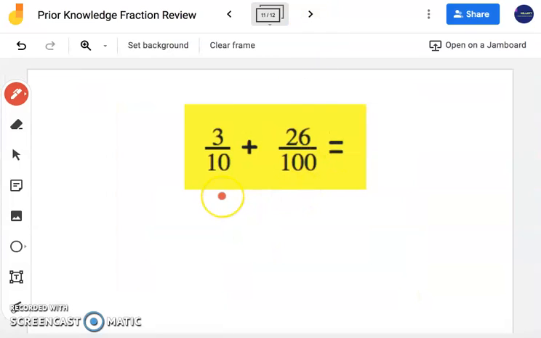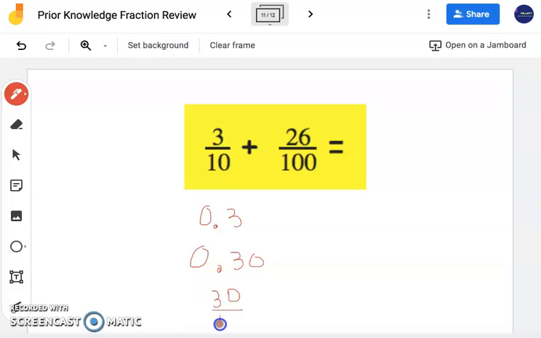And finally, we have a problem when my denominators are not the same. This is where equivalent fractions come into play. I notice that we have 3/10 and 26/100. Now you can also represent 3/10 as a decimal as 0.3. And we know that 3/10 is the same thing as 30/100, which we can also write as